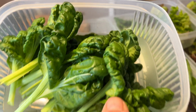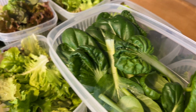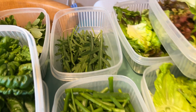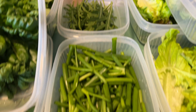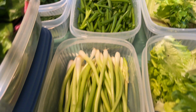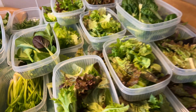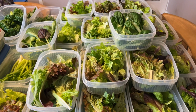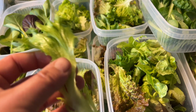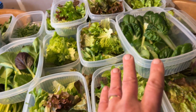Some of the tatsoi for cooking. And I've got somewhere tatsoi for the salads, yeah, that's there. And beautiful Asian greens for the salad mixes. And some wild rocket for the salads. And salad onion tops, scallion tops, whatever you want to call them. And the actual salad onions themselves. And I think everything else is the actual salad basis. So these are pretty much all lettuces, although there's some kind of endive type of lettuce as well. I think we've got about 10 different types of lettuce in here, and I'm going to add to those lettuce